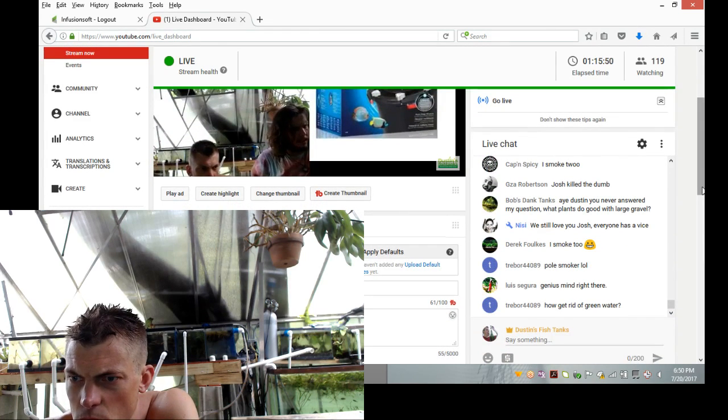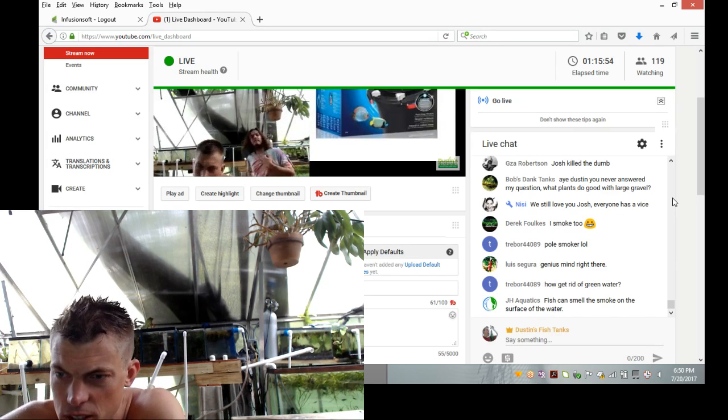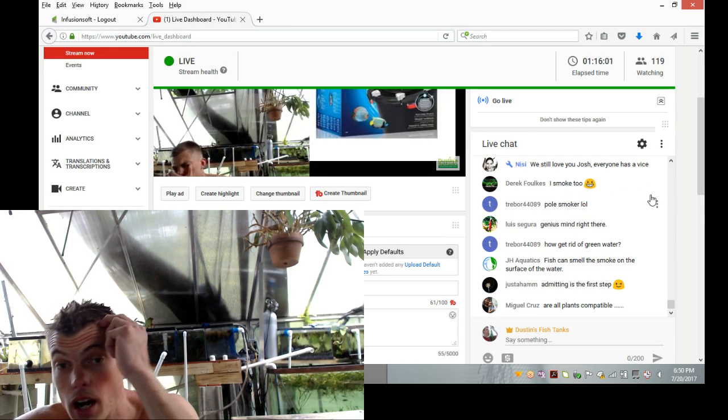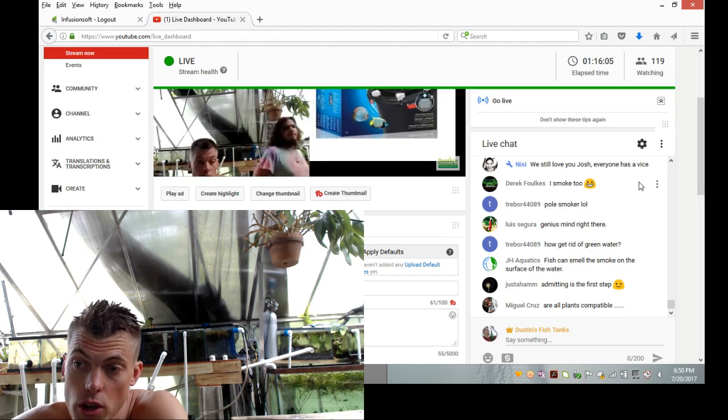What plants go good with large gravel? I'll do a little Q&A here, and then I got more to show you. All right, so a good plant with just plain gravel, straight up, would be a Crinum thaianum,